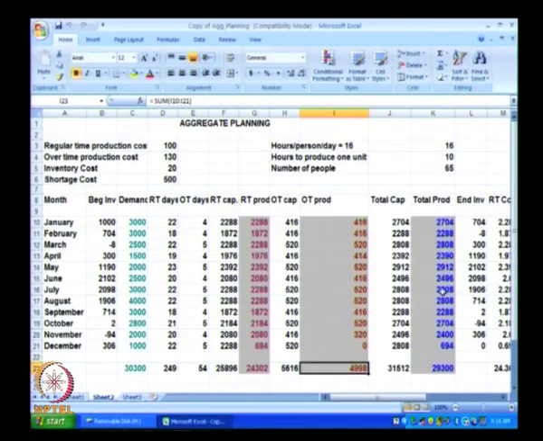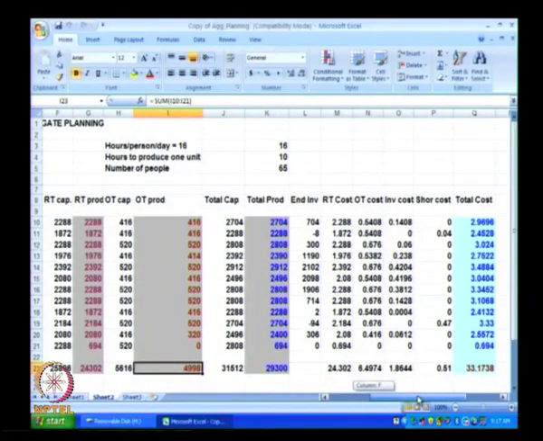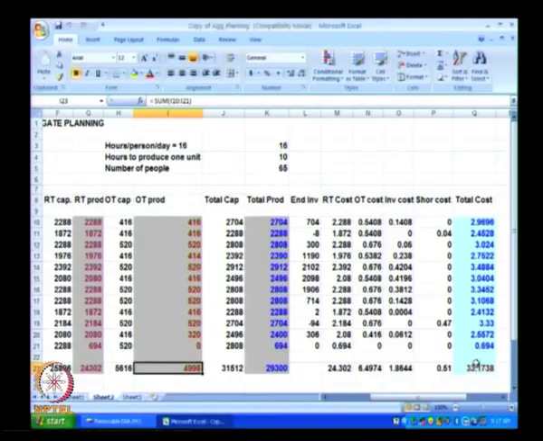The user makes these 12 decisions here for the total production, and the spreadsheet helps us in computing the cost. So, the cost for this production plan is 33.1738 lakhs. So, the spreadsheet is an evaluative tool where, given the total production choices made by the user, the spreadsheet calculates the cost as 33.1738. So, the important question or the next question is, what are these quantities such that the total cost is